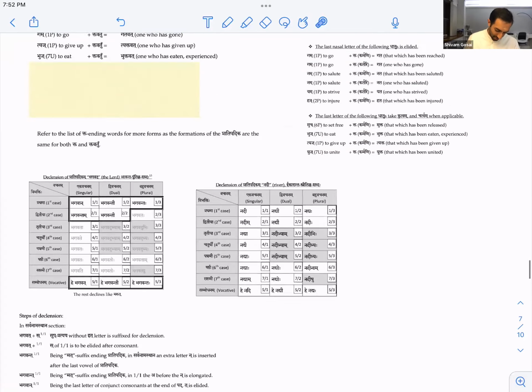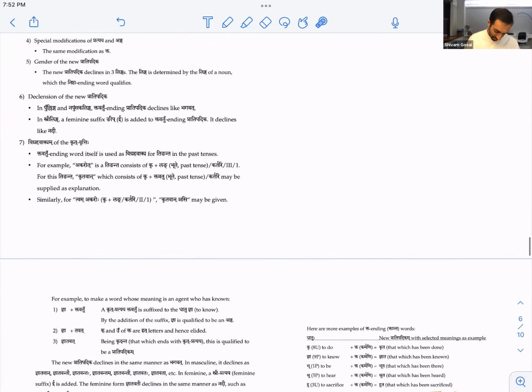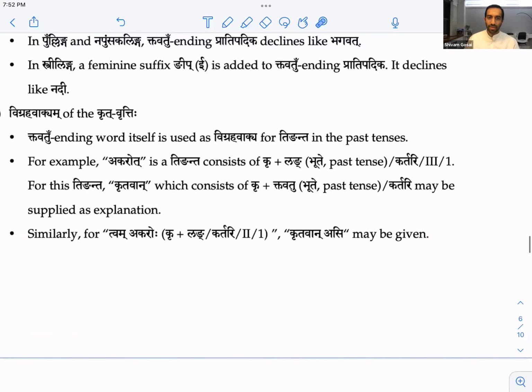Here, what is different about this? So let me pull it back up one second. What's different about this is usually we use a word to describe the Kṛdanta. So sometimes we'll use a verb to describe the Kṛdanta. And then if we're doing it that way, you're going to use Prathama Purusha Ekavachanam. Okay? But here, we're flipping it and we're using a Kṛdanta to also describe the verb.